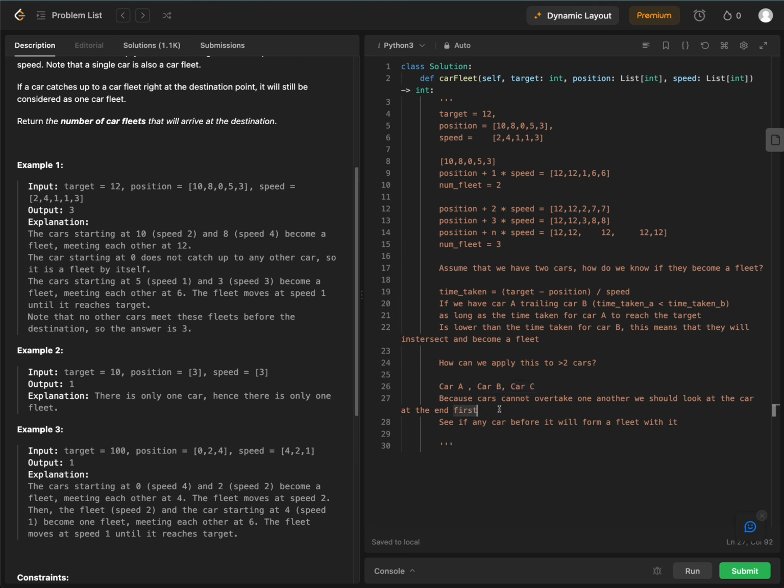Since we know that this is a stack question, we probably can use a stack here. And in this case, the stack will probably be the car from the end. We append the stack here to the speed. We append a car to what we need here,